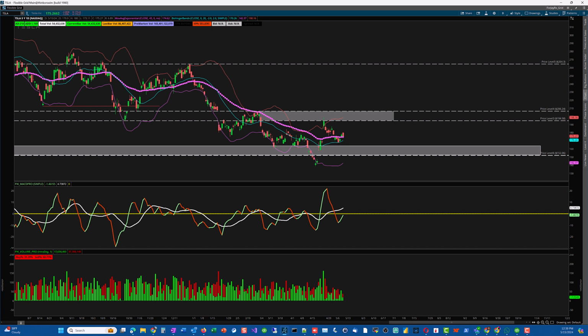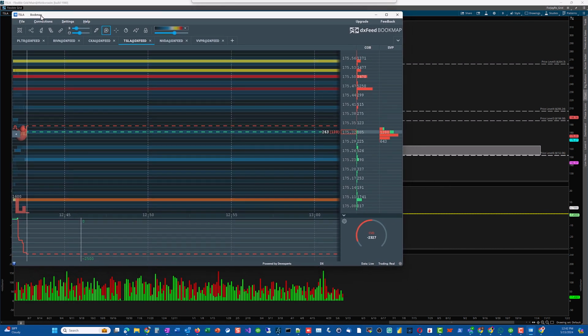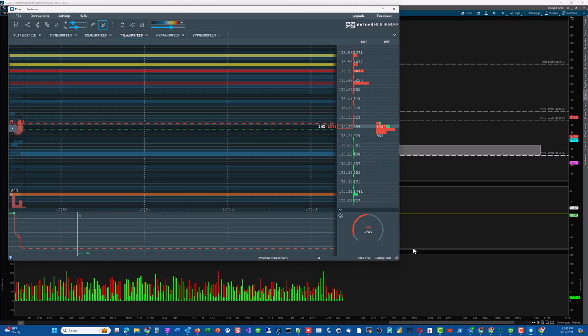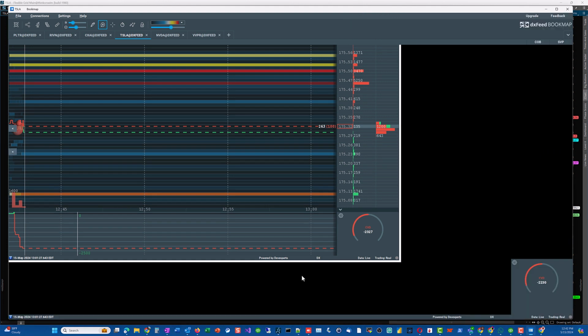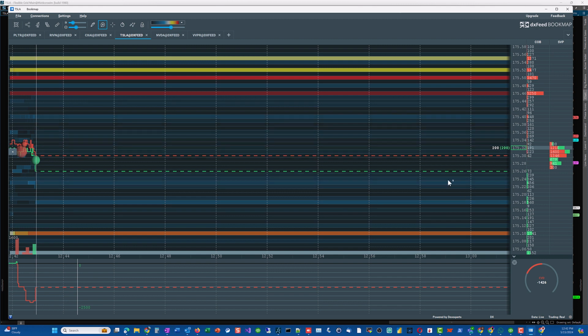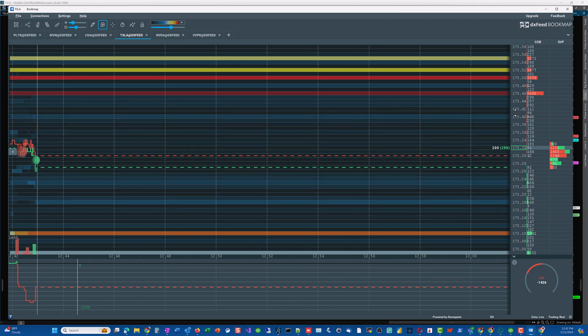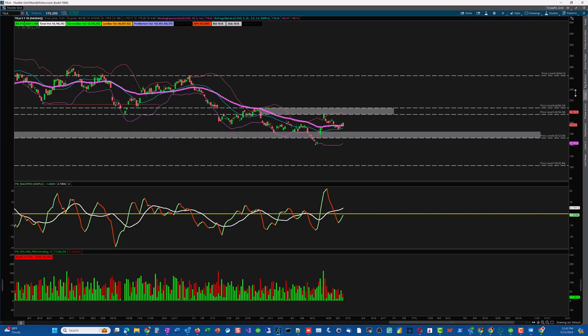Give me 1 second here. One of the things that I wanted to show you is what I use. I use this thing called BookMap, and I'm going to actually port it into here so you guys can see what BookMap looks like. On the BookMap, you can actually see where the trades are being made, where the orders are. You can see there's 175.46, and remember how I said